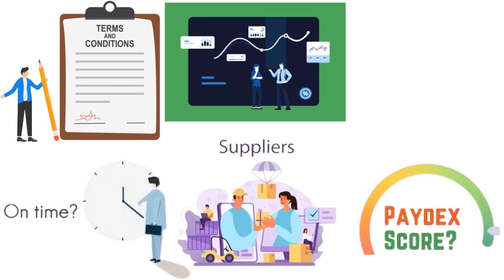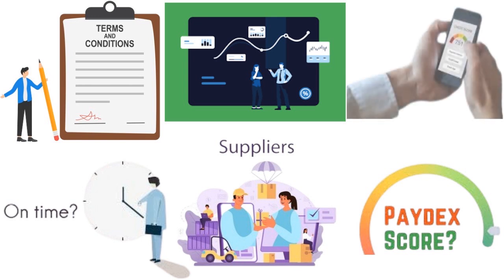Okay, that's not going to help you big time. And you have to monitor your business credit reports. So the three that I just gave you: your PAYDEX score with Dun and Bradstreet, your Equifax credit score, but also your Experian credit score. You might have to pay the credit agency for that. For your personal credit, you don't have to really pay anything, but for your business credit score, you might have